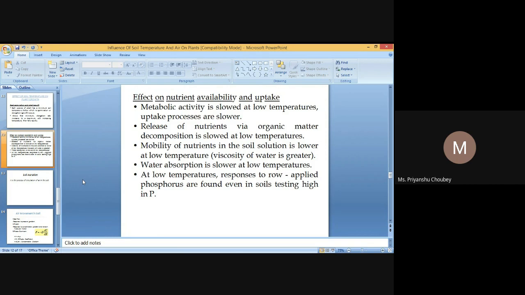Thus, there are three distinct steps or processes involved in the mineral nutrition of plants. First, the capability of the solid phase to replenish the nutrient in the soil solution. Second, movement of the nutrient in the soil solution to the plant root, as determined by the soil solution equilibria. Third, their ultimate absorption by the plant root.